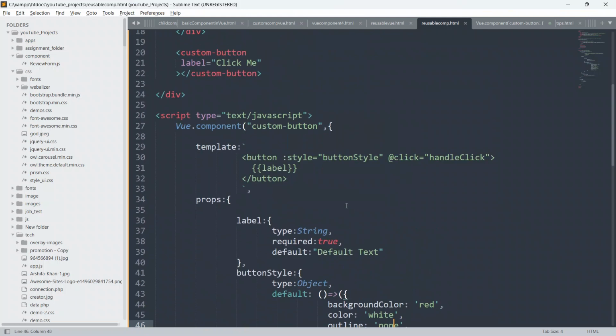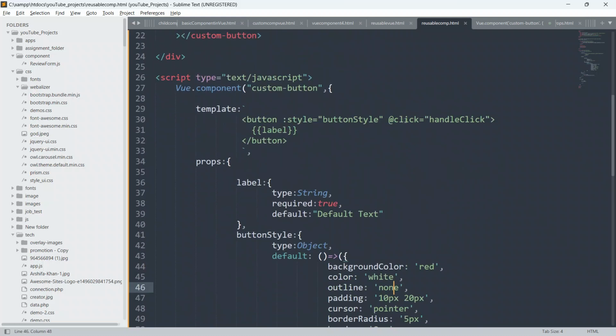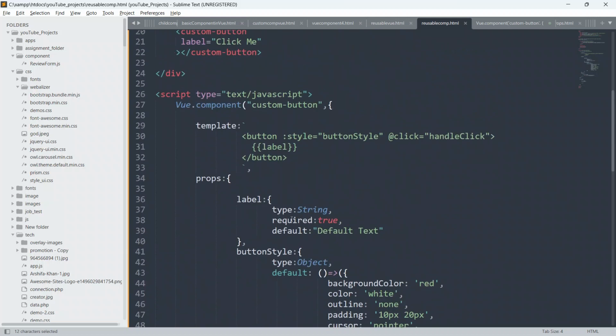Now we will be defining the custom event also. Whenever a user clicks on this button, we should handle this button click event, so we have to define this button click event.